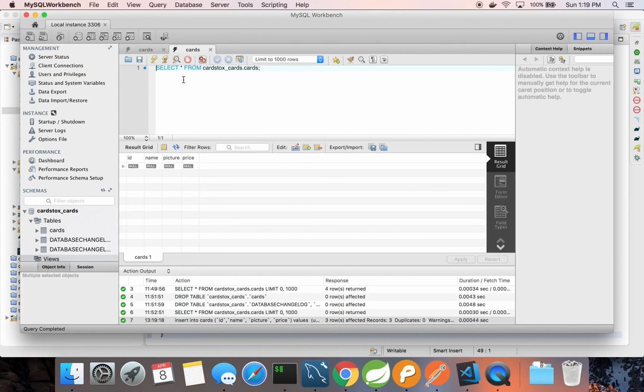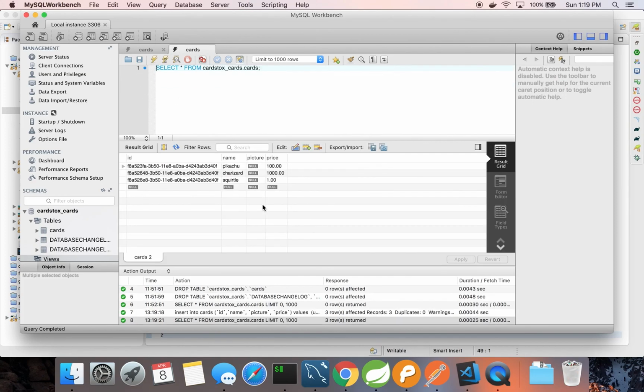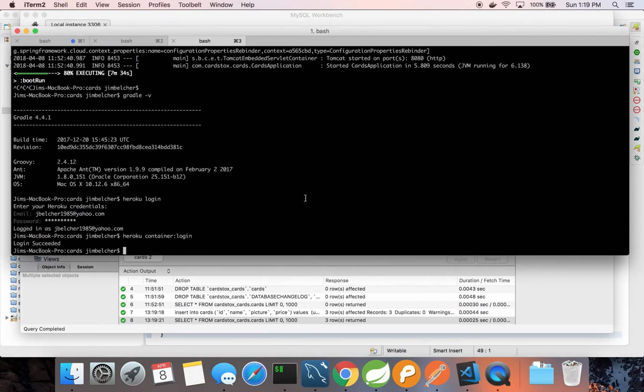We'll do an insert. I should have 3 Pokemon cards in here. So we'll see them. They all have different UUIDs. These two look very similar, but they're different. You see right there. So we have Pikachu, Charizard, and Squirtle. We're expecting to see those back. So let's go ahead and